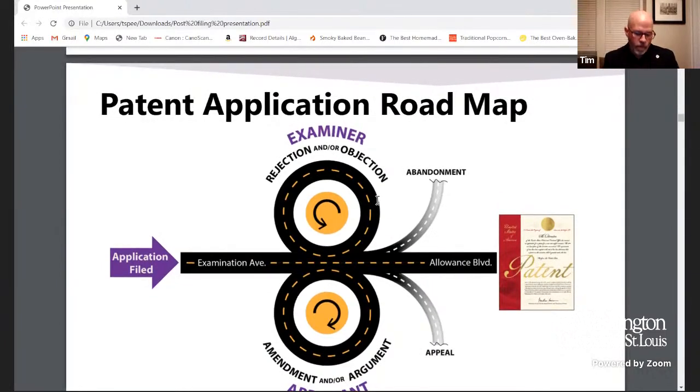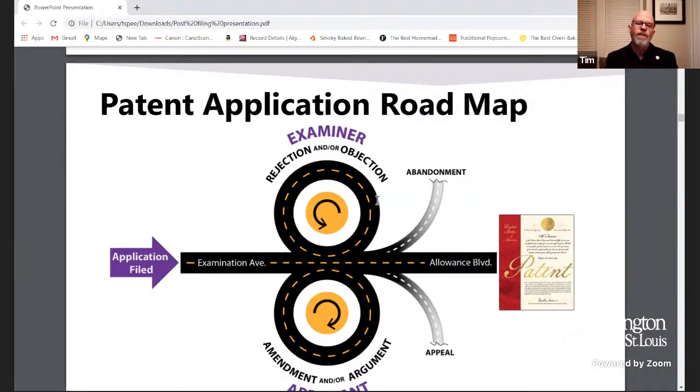So this is just a general roadmap about what happens when we file an application, okay? So the application is filed, and then it goes through this process. The application is given to an examiner. The examiner reviews the application and any other materials submitted by you, the applicant. The examiner does an independent search of what we call the prior art. The examiner looks at all these things together, looks at your claims, all of your disclosure, comes up with some findings about the adequacy of that.